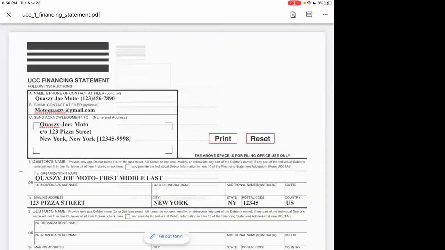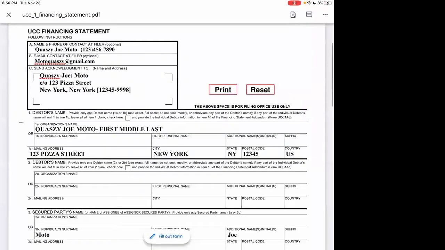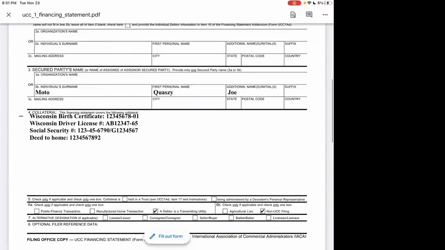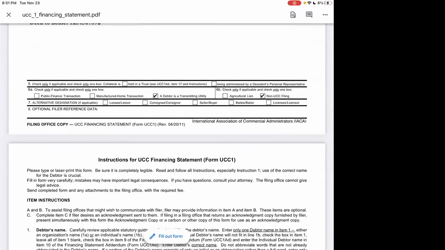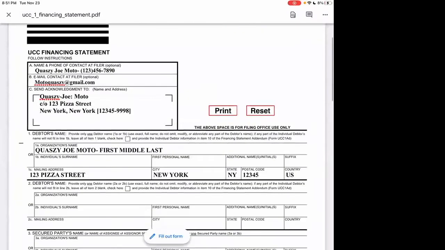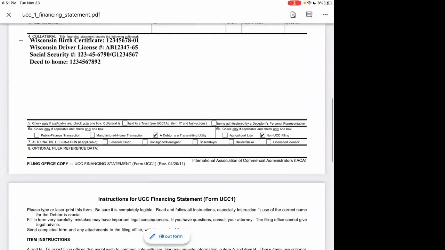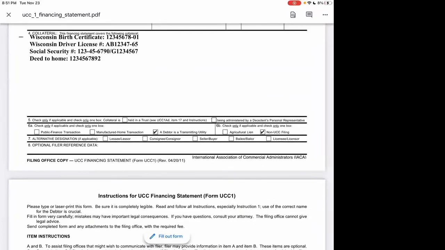Here we go. This is how you do it. This is going to be one of your best friends. So this is the UCC financing statement. If anybody is unfamiliar with this, get accustomed with it, because this is how you're going to be putting things on land record and how you're going to be conveying assets over, without having to go to court, probate, and all that other extra stuff.